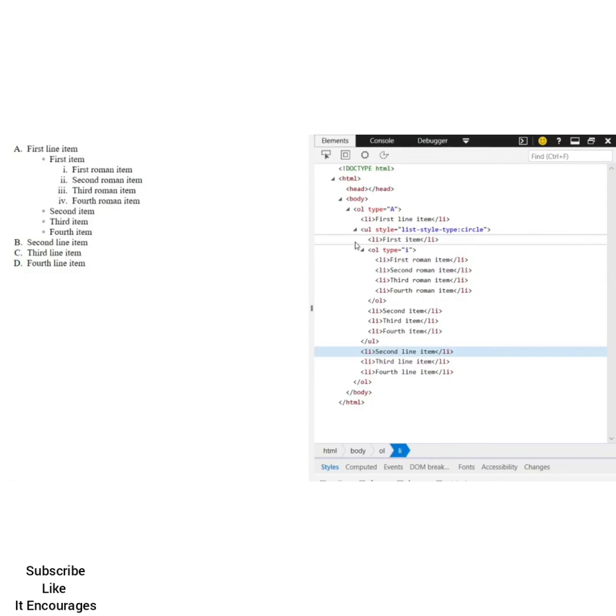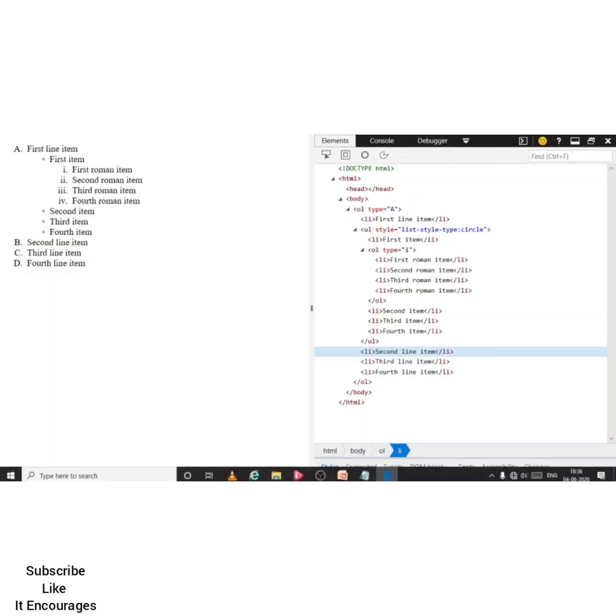For this unordered list item we have another unordered list which has four list items. As we can see, there are four list items, and they have been defined for the type small lowercase Roman numeral.